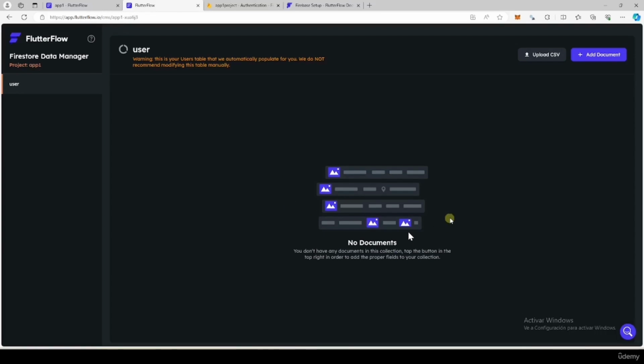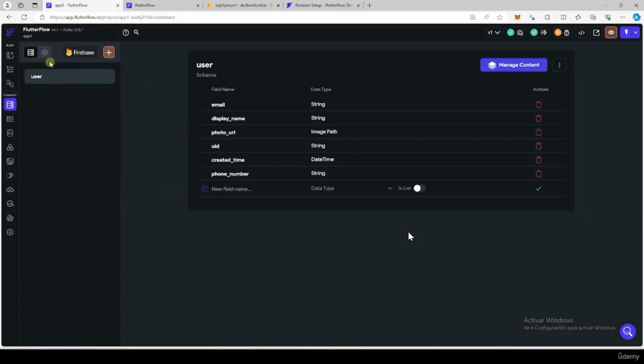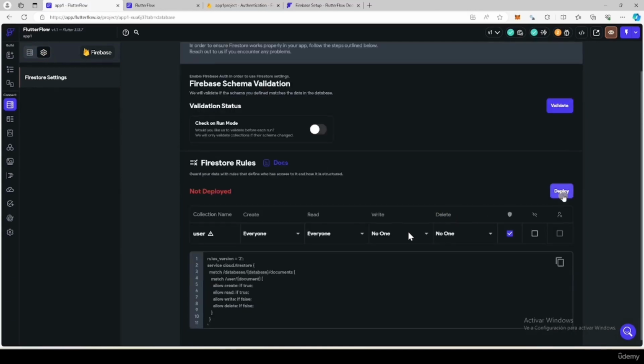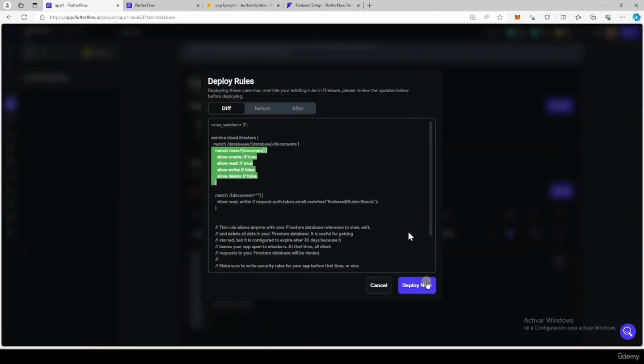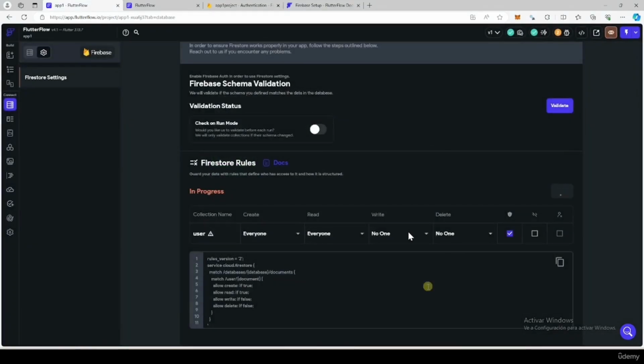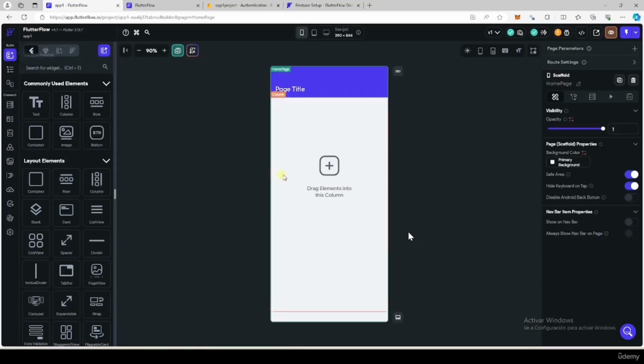As you can see, the error disappears. To finish this, let me deploy the rules for this collection user. Perfect. So we have finished the configuration of Firebase. Now we can use